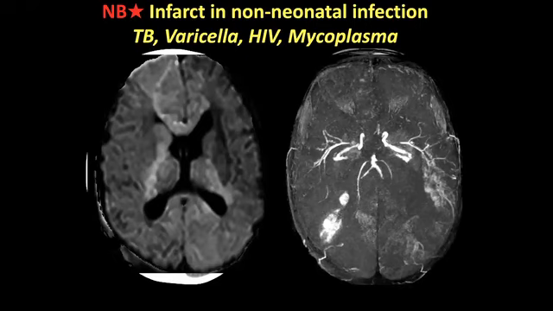And unfortunately, despite the fact that we can pick these up early, and we know to give these patients steroids, the vasculitic process that is involved with TB meningitis is not improved by any of that. And usually, if they are going to get infarcts, there's very little that we can do to prevent that.